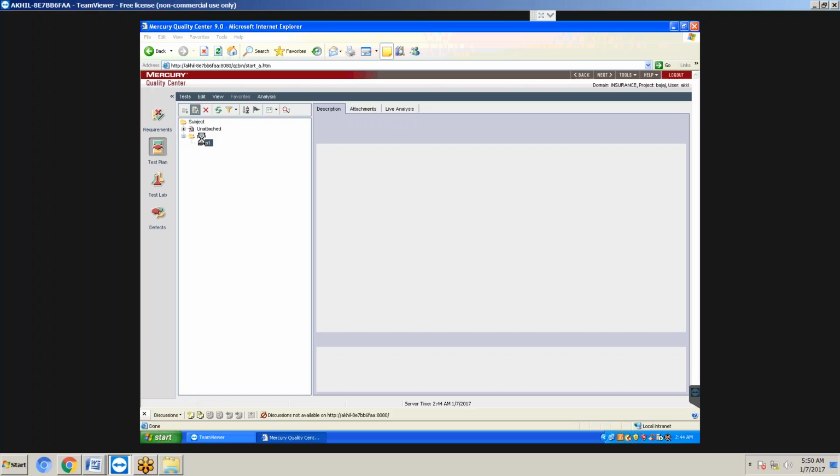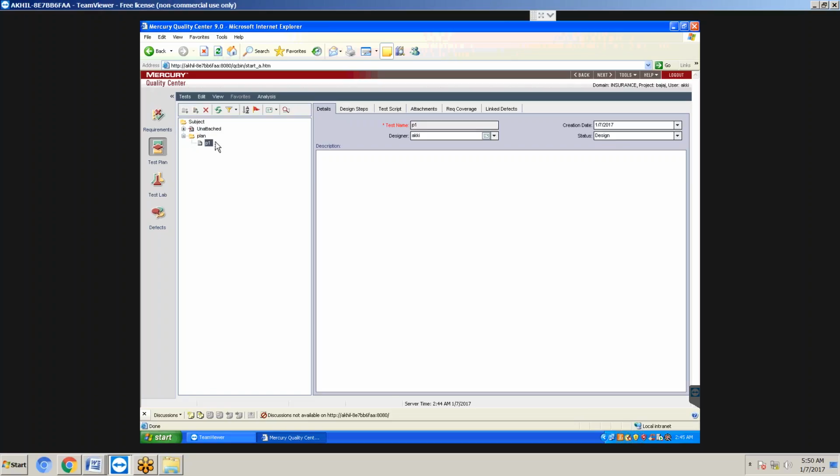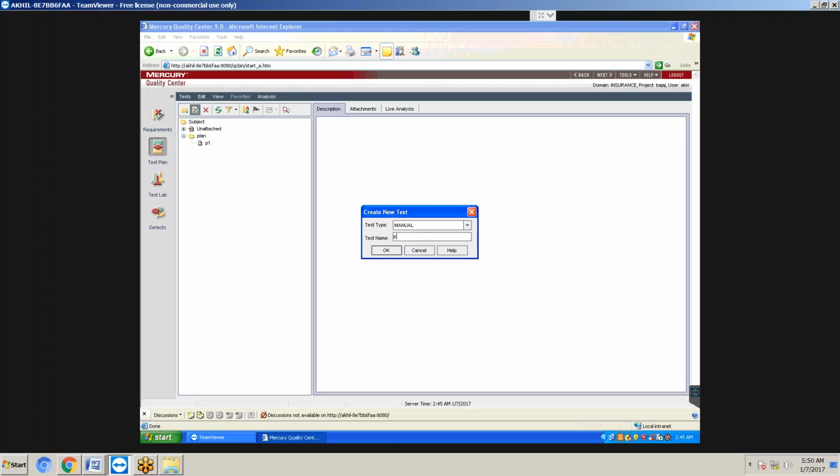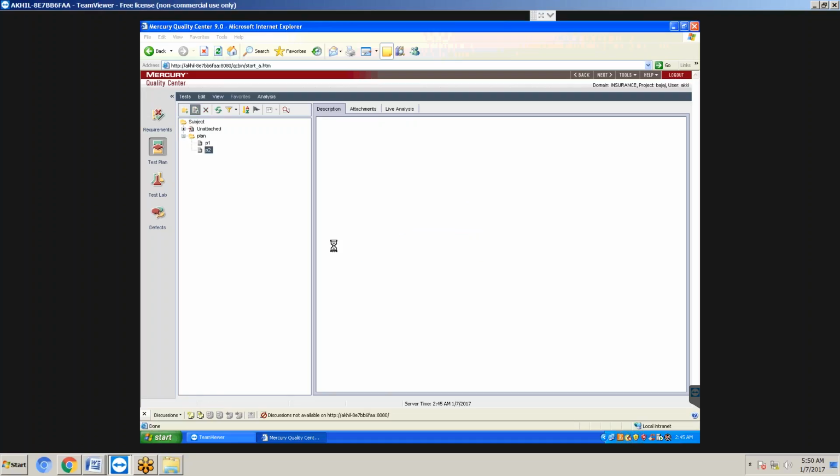And select the main folder and take P2. We have how many requirements? Three requirements. I'm selecting the main folder, taking the subfolder P2. Any name you can take, for your identification purpose. P2. Take the main folder, click on subfolder P3.